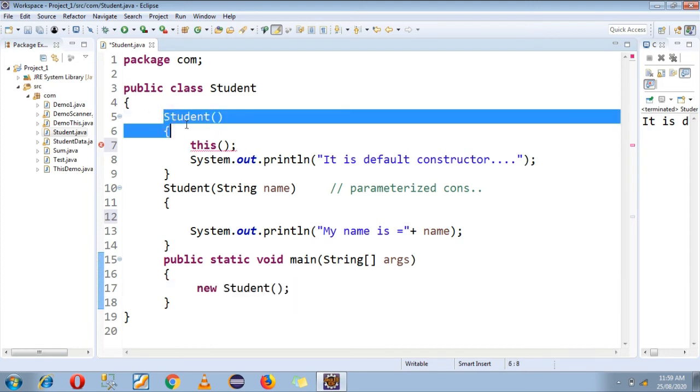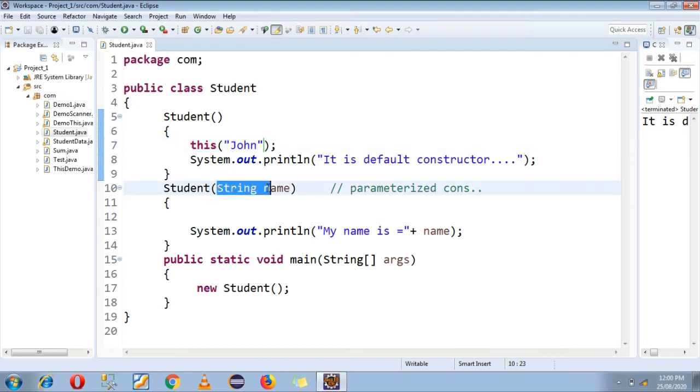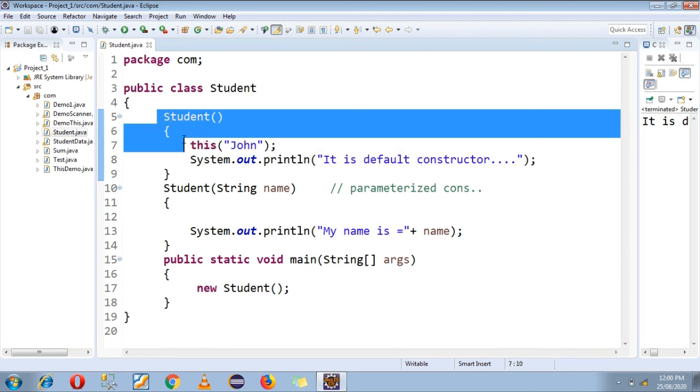See, in the main function I am calling the default constructor, because of that the JVM will go into the default constructor. At this line when the JVM comes, it will point to the parameterized constructor because of the this keyword, and you know that the this keyword is used to call the current function, current instance variable and current constructor also.